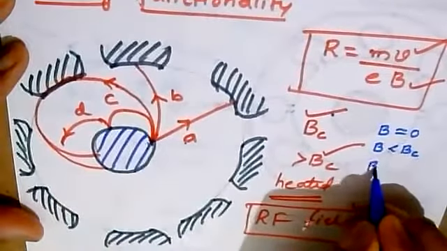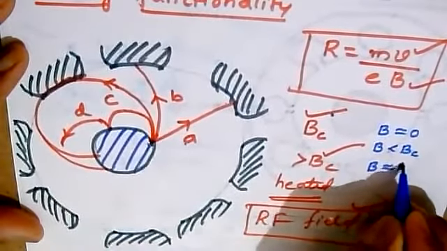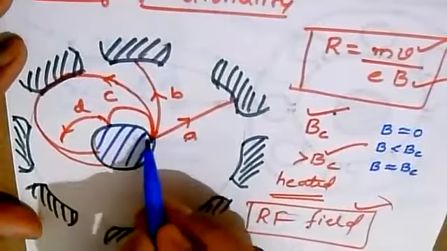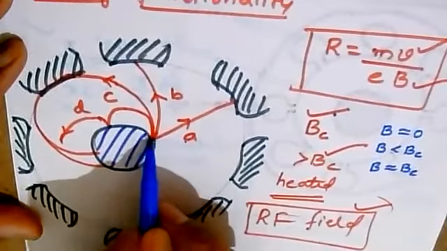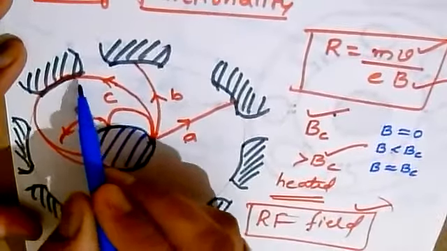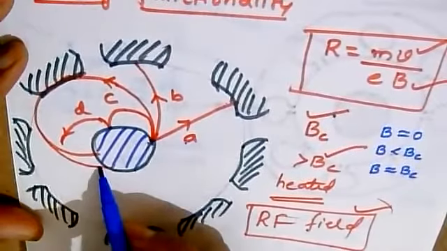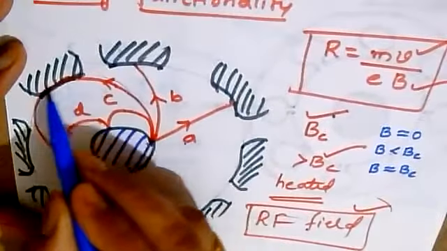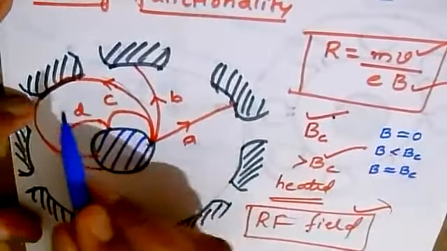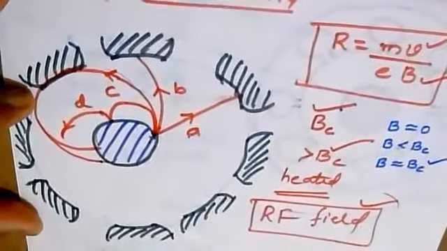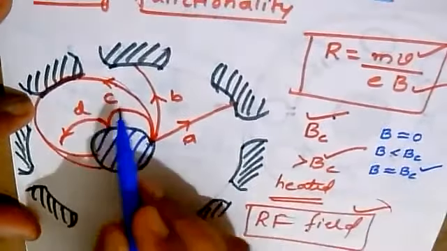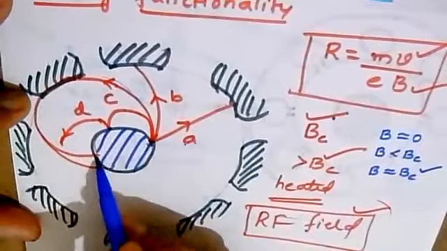And we have another case, if the magnetic field is almost equal to the critical field. It is said to be the critical field when the electron just starts its journey from the cathode, grazes the surface of the anode cavity, and returns back to the cathode. This particular path C represents the magnetic field being at the critical magnetic field. So this is the critical magnetic field. The electron C will be grazing the surface and returning back to the cathode.